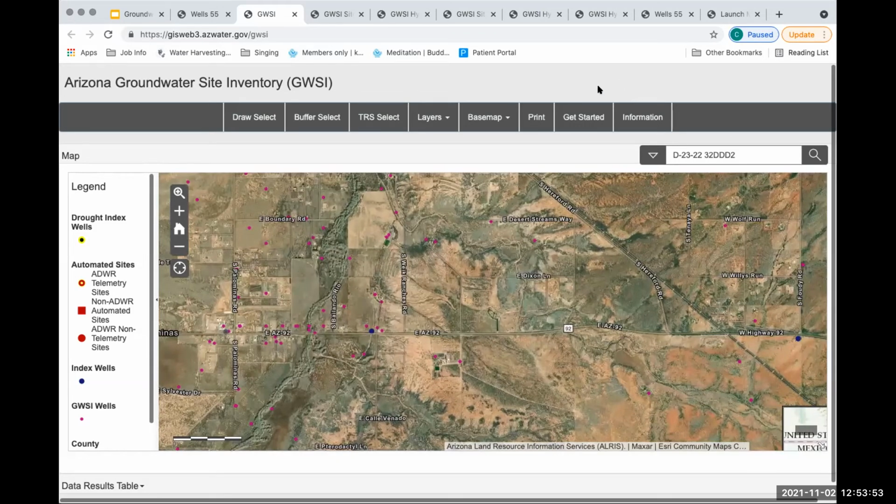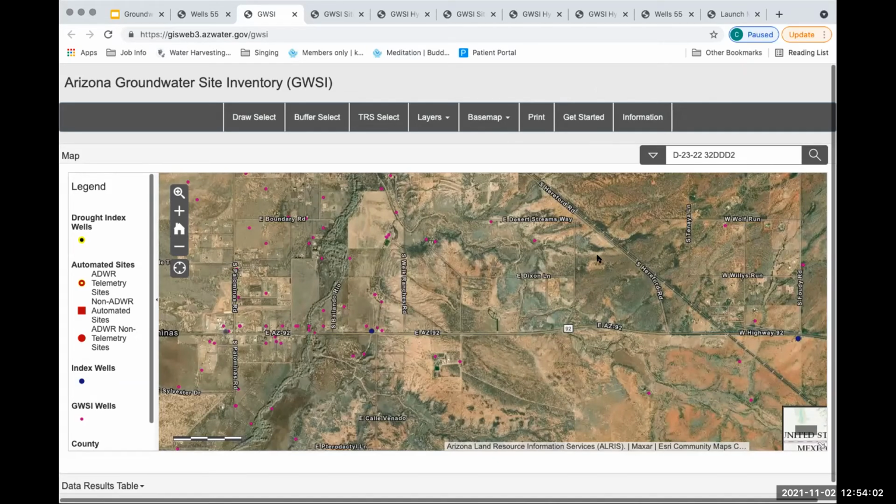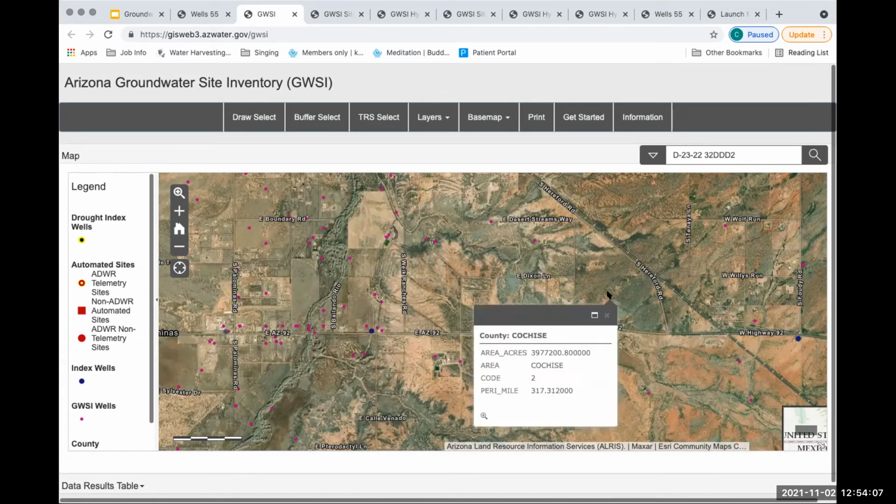Can we talk about Tombstone taking Huachuca water? From Christy. Why don't you comment on that, Christy? It just seems excessive when you go into not only Carr Canyon, but Miller Canyon and many areas. It'll be dry, it'll be hot, and you can hear the water leaving the mountains where it should be recharging the aquifers. I mean, I know it's grandfathered in, but isn't there